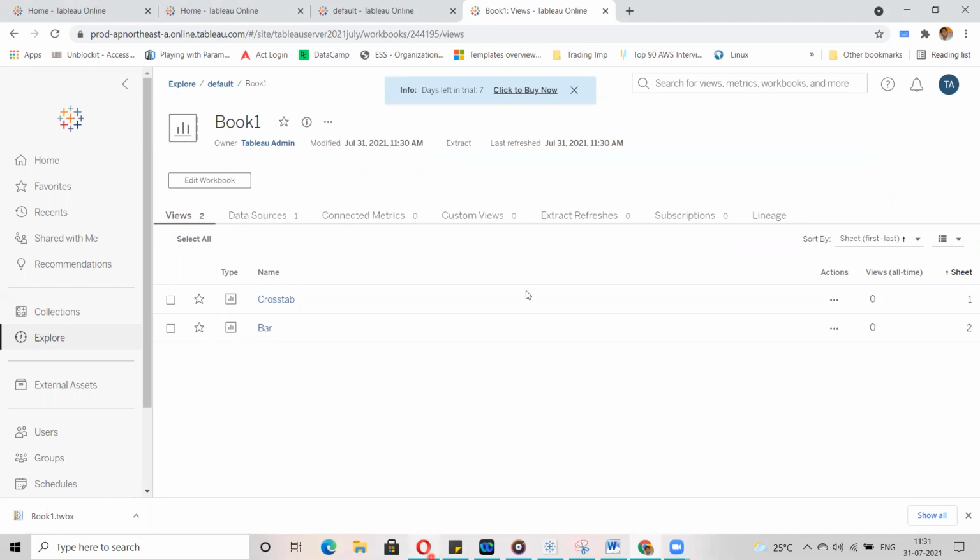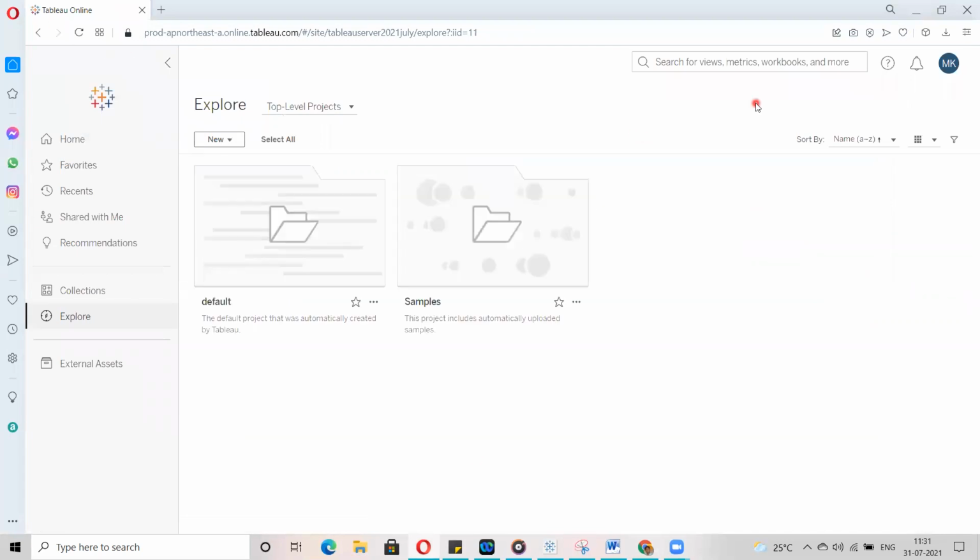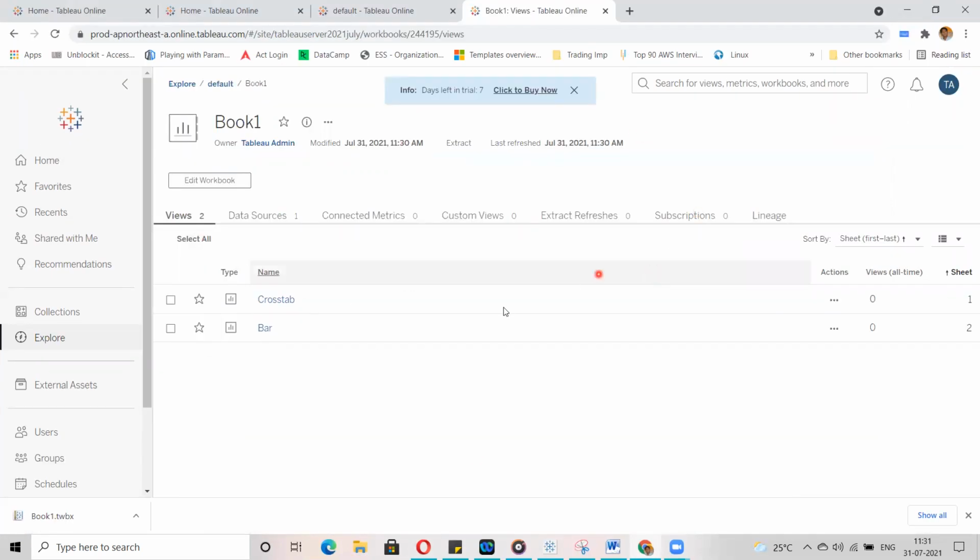Now in the server we have two users. One is the Tableau admin and the other is Madala Krishna. We are going to assign permissions to Madala Krishna for these views. For example, for the crosstab view, on the right side you can see three dots, which means more actions.